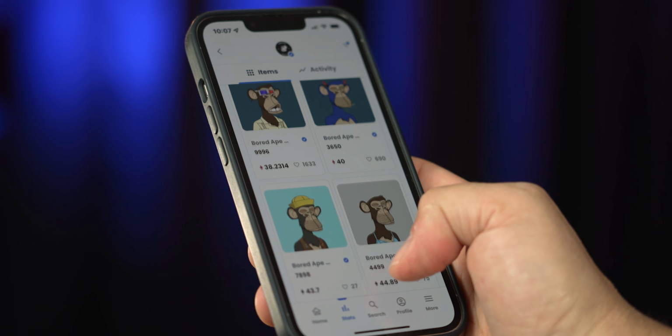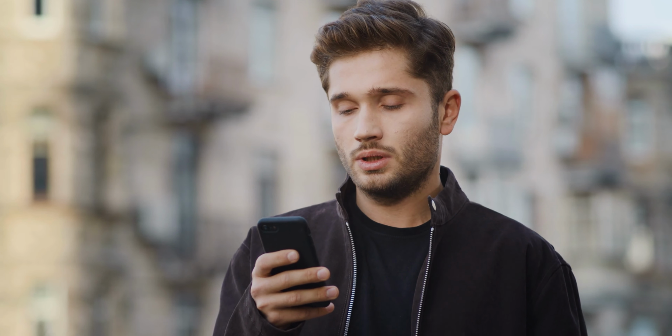What I really tried to do for this project when it comes to the distribution and the art is this: when you buy a project and you get something that's on the floor or something in the middle, a lot of times you don't really like it, right? You like the project, you like the founders, but you're like, I just got what I got. I don't really want to show it off. So what I tried to do, and again, tried my best, is to make all of them as great as possible,